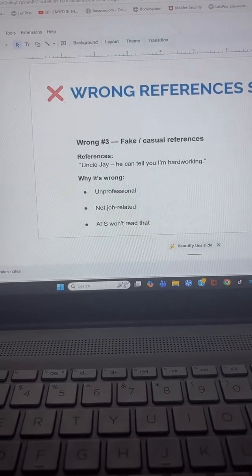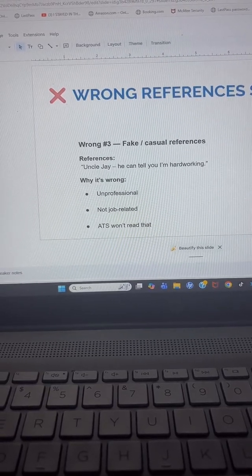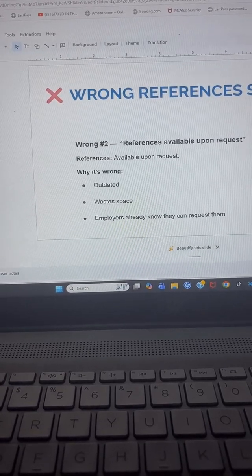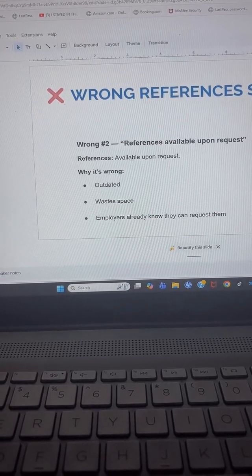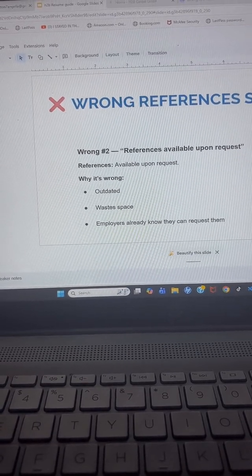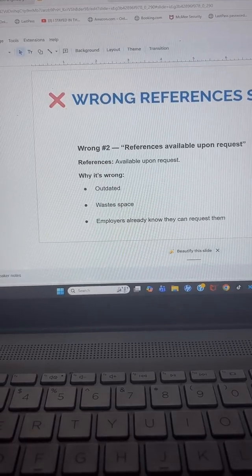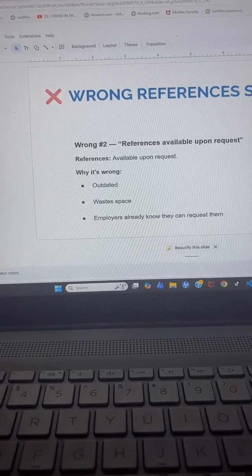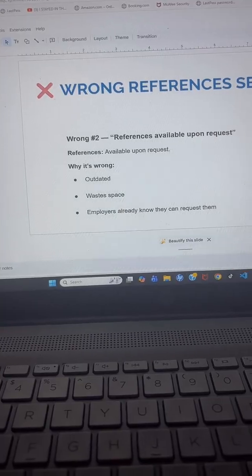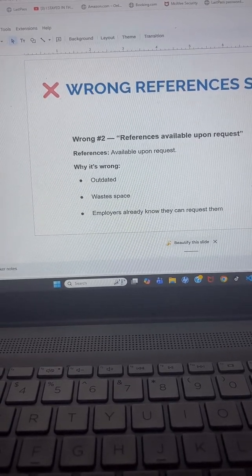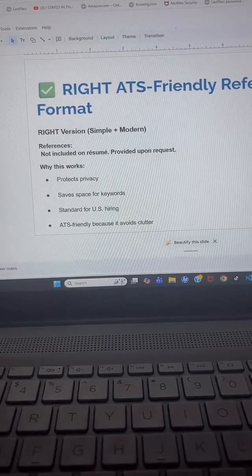Don't use fake references as well. You can put references available upon request. If you want to put the reference section, that's up to you, but you don't necessarily have to put the reference on your resume.